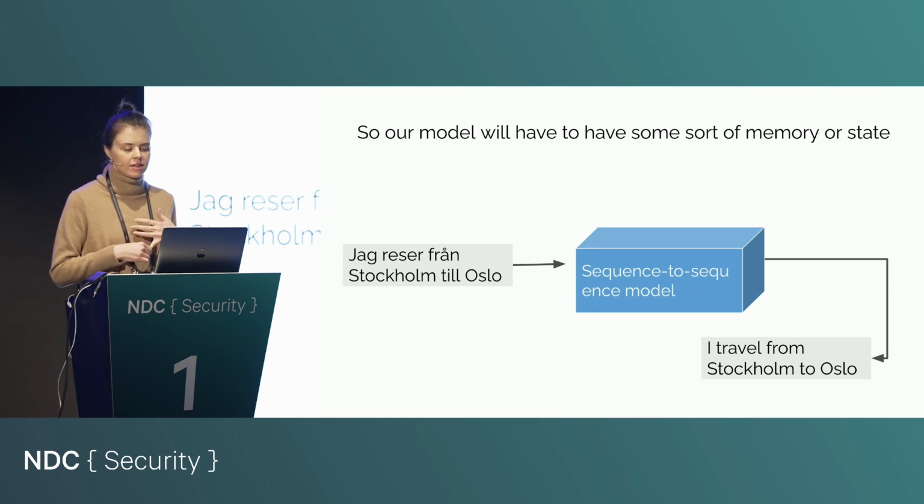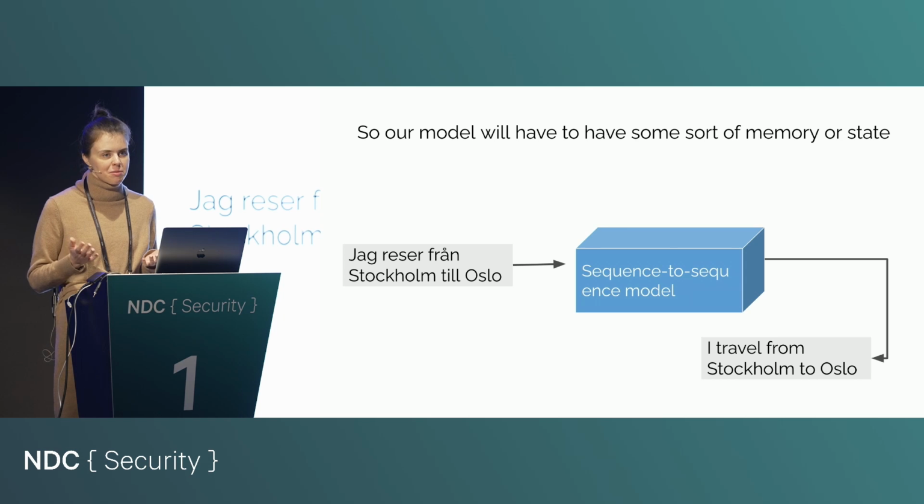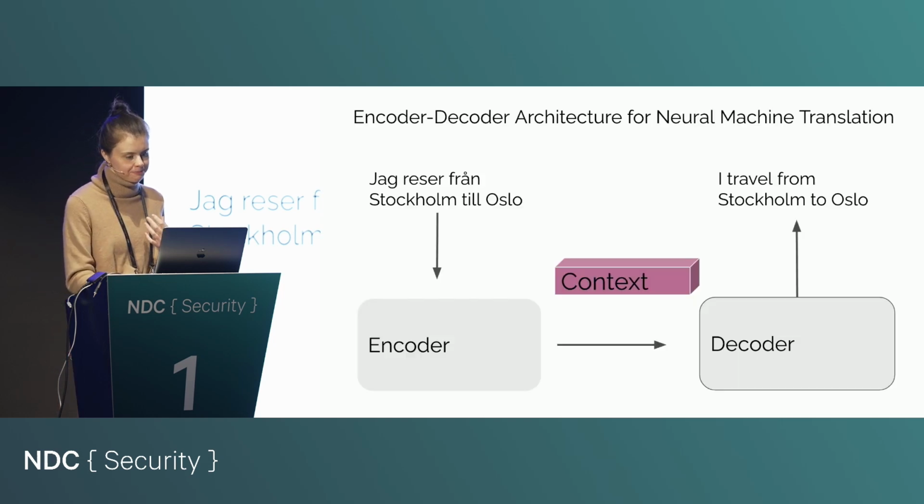We have to develop a new class of solutions. And these are known as sequence-to-sequence models. As the name implies, they take a sequence of text as an input. They store somehow the context of what the text is saying, where the words appear. They store that in a memory or an internal state, and then they output another sequence, which is the same sentence, but in another language.